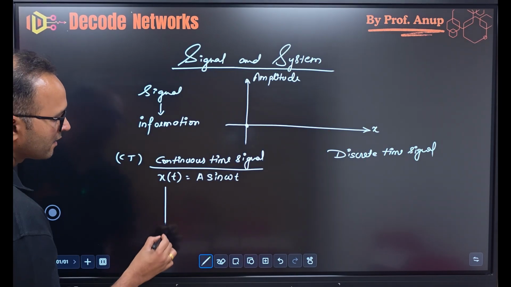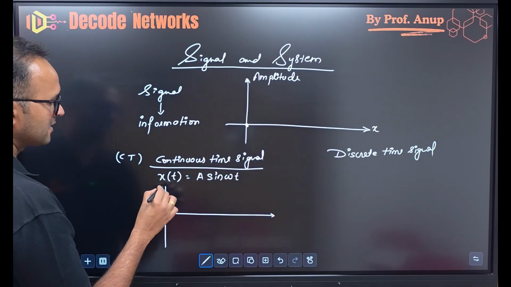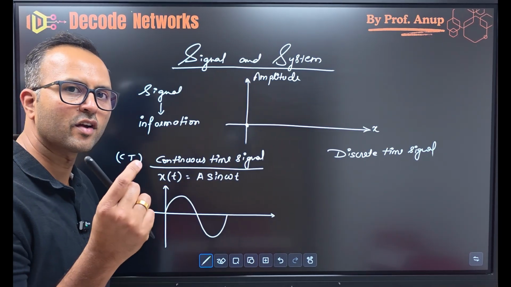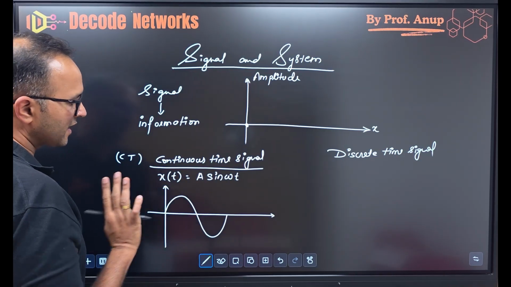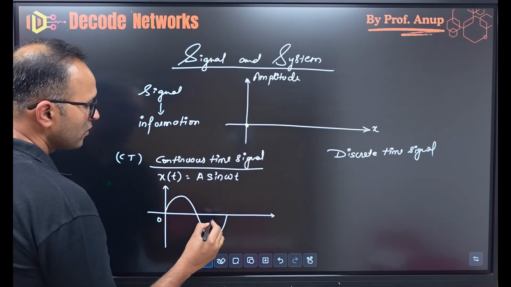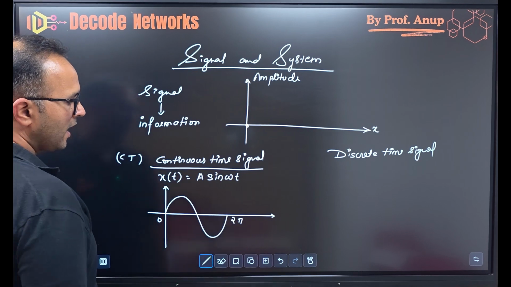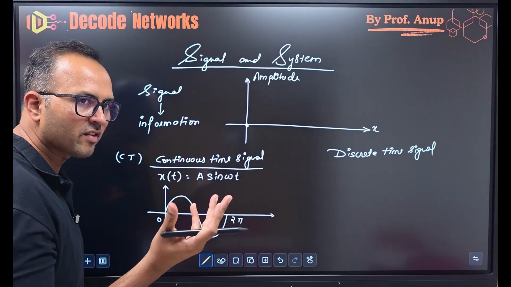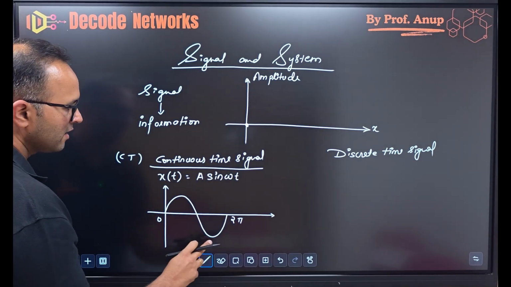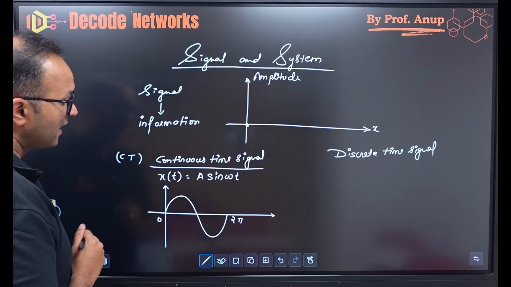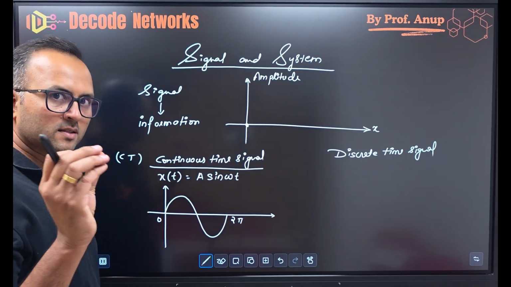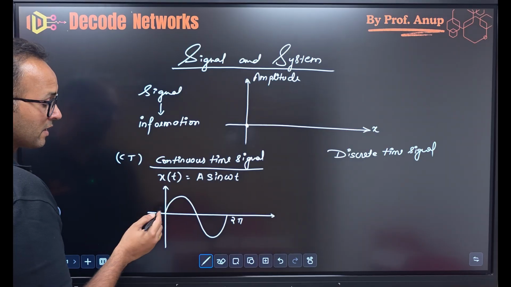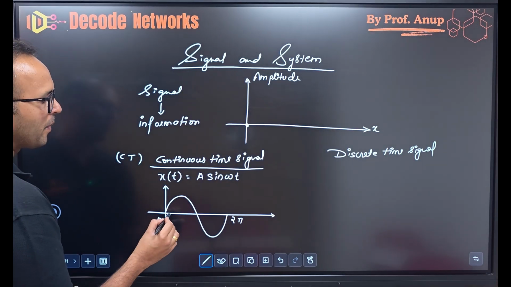How is this signal made? This is that signal, right? A single waveform I have made with a positive cycle and a negative cycle. It starts with 0 and ends with 2 pi. Now, understand what I'm trying to say. In nature, you can say that it is continuous, right? It is continuous. Now, second thing, there are infinite times between 0 to 2 pi.